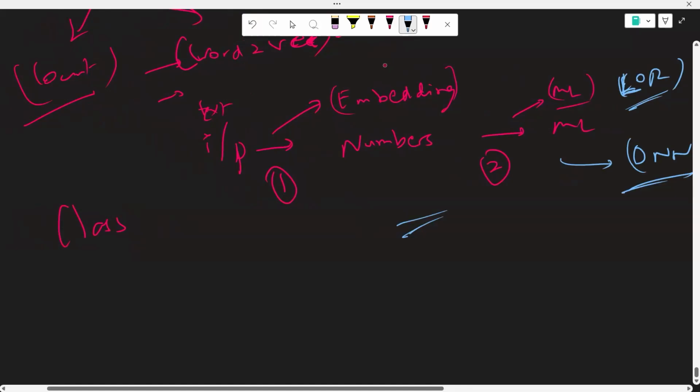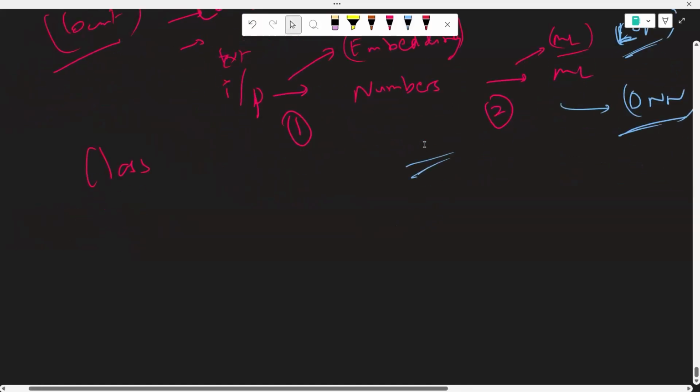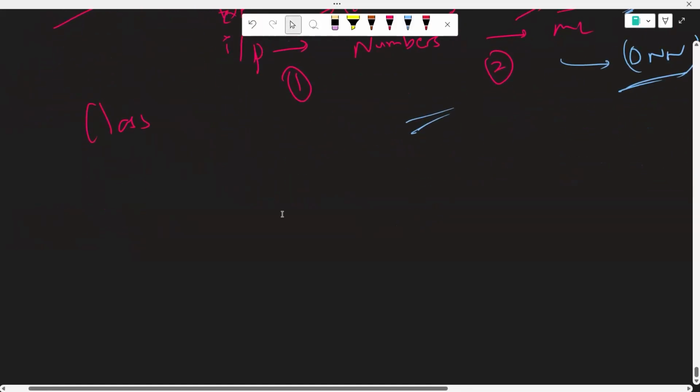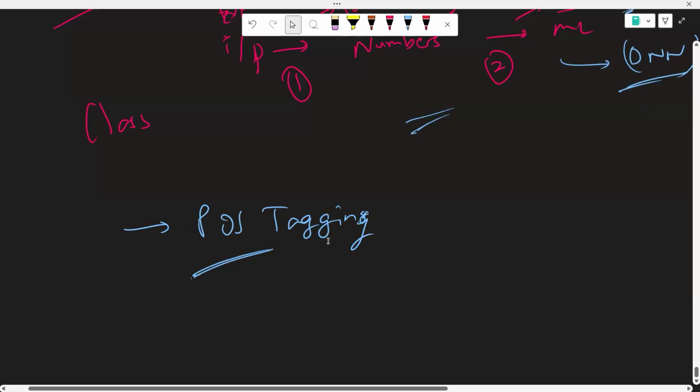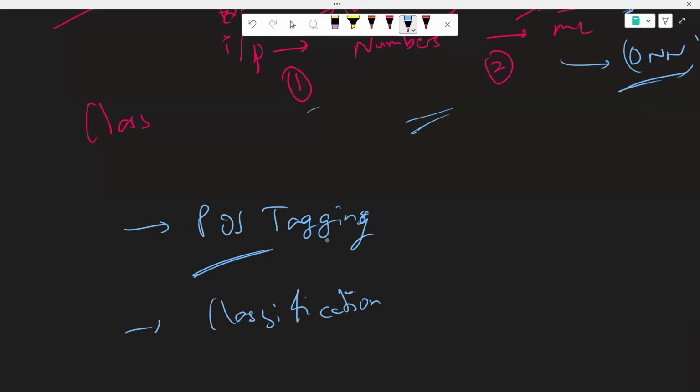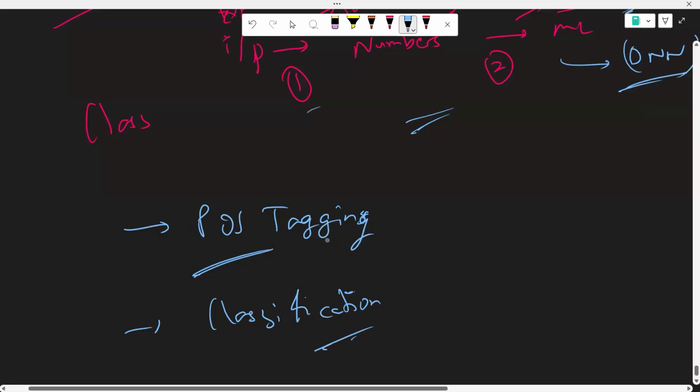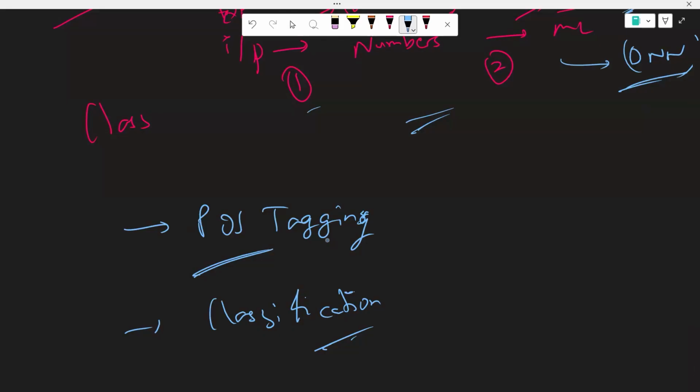Cool. So mostly by next week, by Wednesday, we should be able to wrap up NLP. We'll probably need 3 more lectures to build the projects. And one topic which is remaining is POS tagging. We'll see this in the next lecture. We'll see POS tagging and we'll build a classification project. The Twitter sentiment analysis was one classification project that we have done, but we'll see it using the prediction-based approach as well. Okay, any questions, guys?